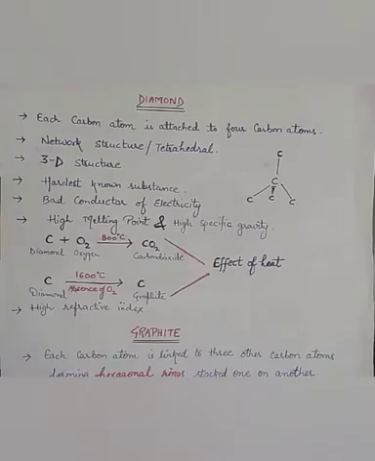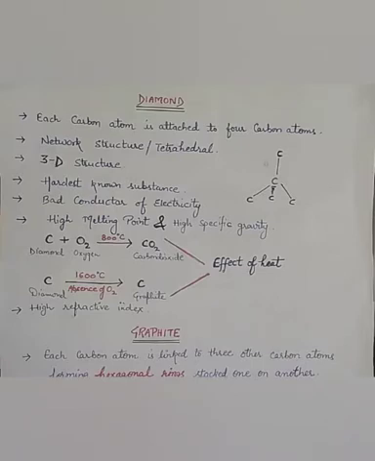Diamonds are made up of carbon atoms, and the carbon atoms present in diamonds are arranged in a definite geometrical pattern. That's why diamonds are crystalline substances. The third thing is that diamonds shine brightly. Why? Due to the high refractive index. The light that enters the crystal undergoes multiple reflections. This trapped light within the crystal makes the diamond sparkle.